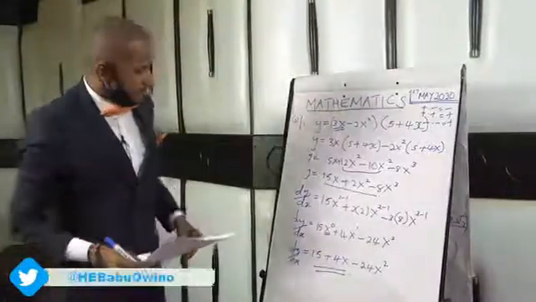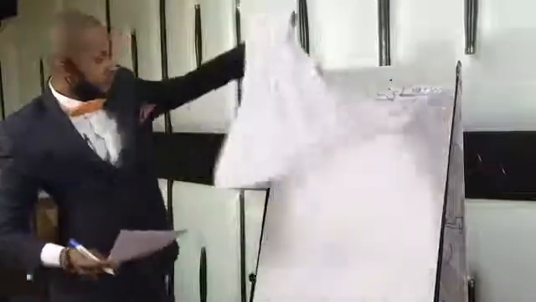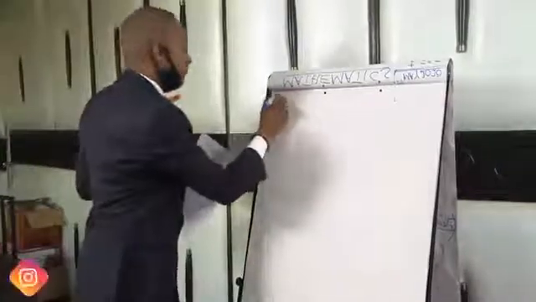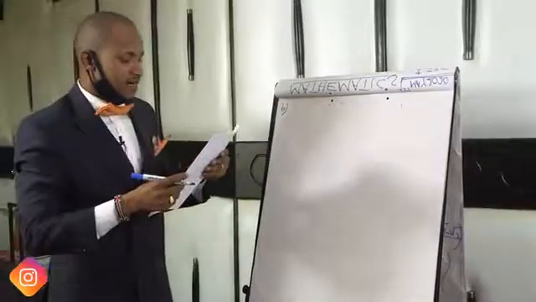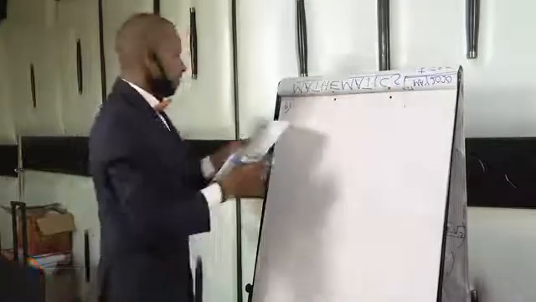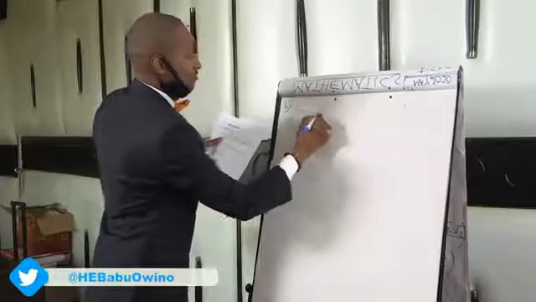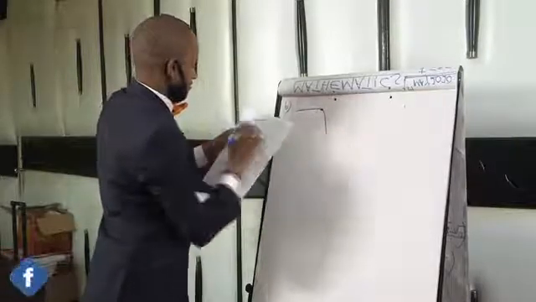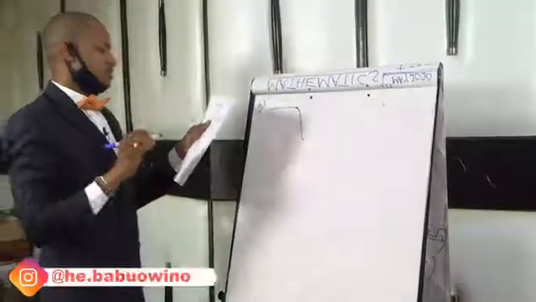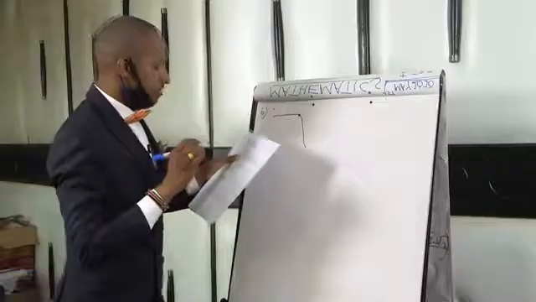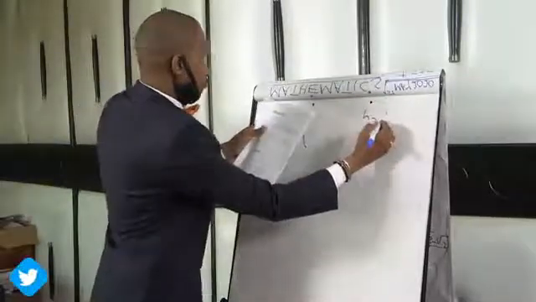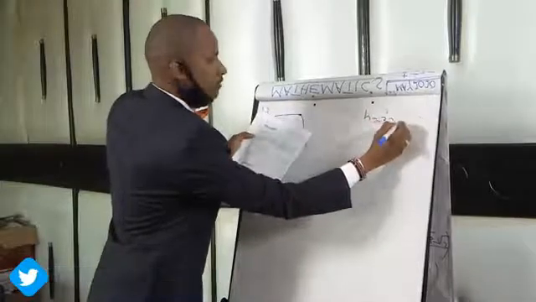Proceeding to part B of the question. Part B of the question is: a diver leaps from a diving board 32 meters above the surface of a swimming pool. So if this is the surface of a swimming pool, then a diver leaps from a diving board 32 meters above the surface of a swimming pool at time t seconds. His position h above the surface of the swimming pool is given by h equals to 32 plus 16t